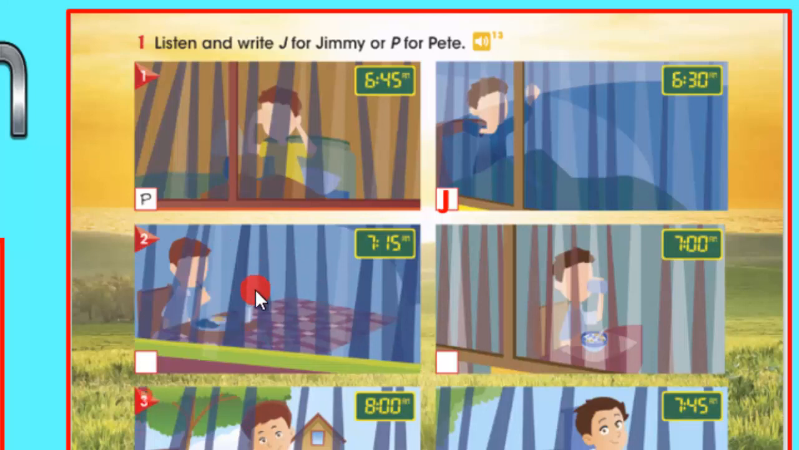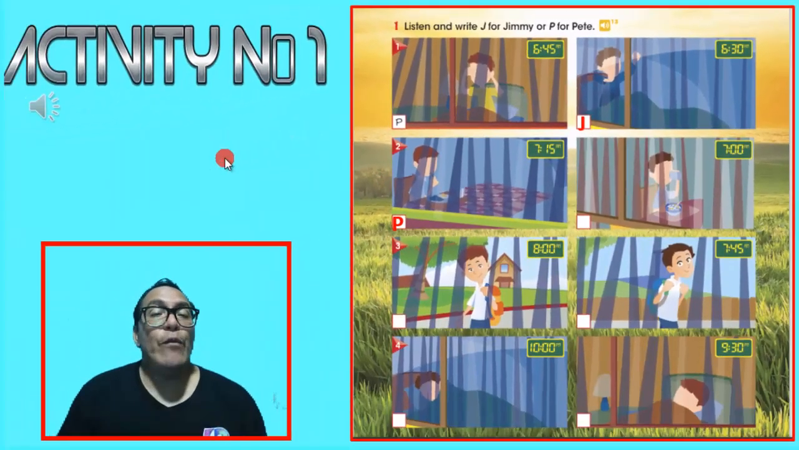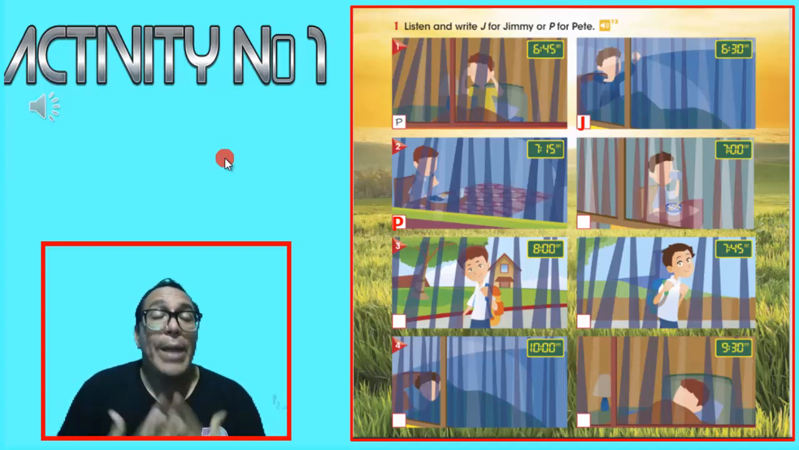Very good. So that we have Pete here. So it's represented by letter P. Okay? Muy bien. Don't forget that you have the opportunity to listen to this audio as many times as you can, right? And I make sure that you are going to be able to respond and mark and put the correct